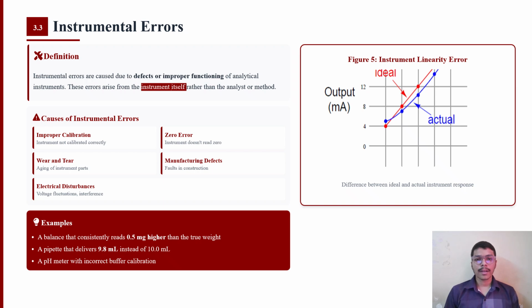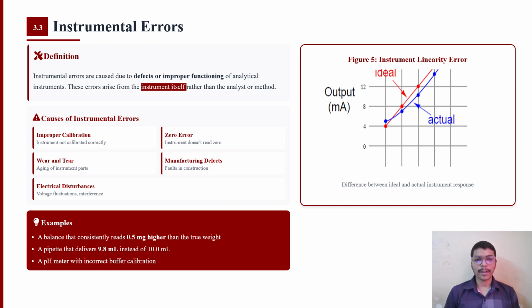Instrumental errors. Instrumental errors are caused due to defects or improper functioning of analytical instruments. These errors arise from the instrument itself rather than the analyst. Causes: the major causes are improper calibration, zero error, wear and tear, manufacturing defects, and electrical disturbance. For example, a balance reading 0.5 milligram higher, or a pipette delivering 9.8 milliliters instead of 10 milliliters, or incorrect